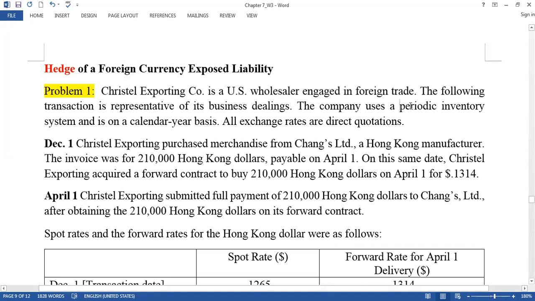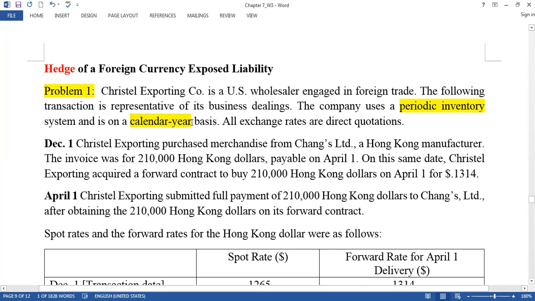The company uses periodic inventory. Periodic inventory means you do not have any cost of goods journal entry. Clear? And you follow a calendar year. What is the meaning of following a calendar year? That means in between the transaction date and the payment date, if December 31st comes, you have to adjust your gain or loss. Do you understand? If these are two different dates, and in between December 31st comes, you have to recognize gain or loss at that date